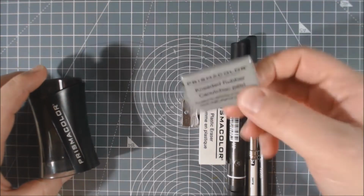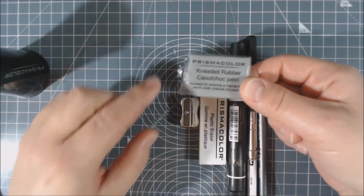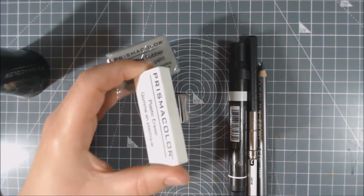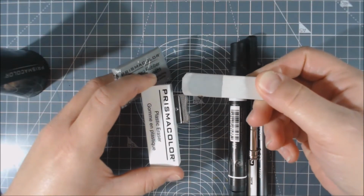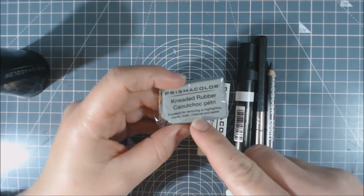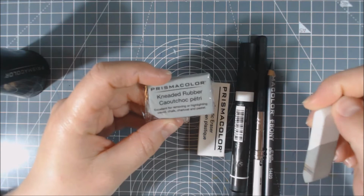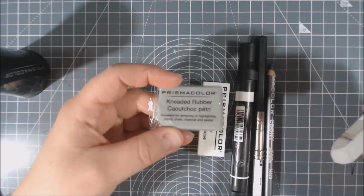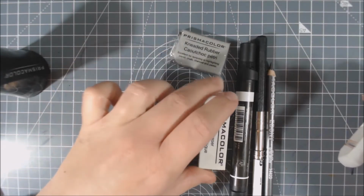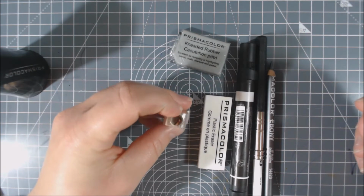I'm not quite sure what that's for. I've used that before, I tried to use it with the Prismacolor. I didn't think it worked any better than this sand eraser, so I'm not quite sure. It says excellent for removing highlighting pencil, charcoal or pastel. I haven't found a use for it, but it's in the set anyway. So here you go, one of these. More rubber. Who doesn't need more rubber? A little pencil sharpener,